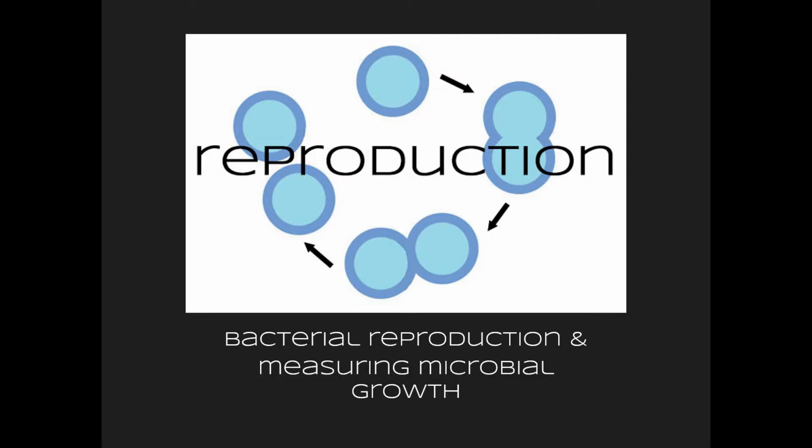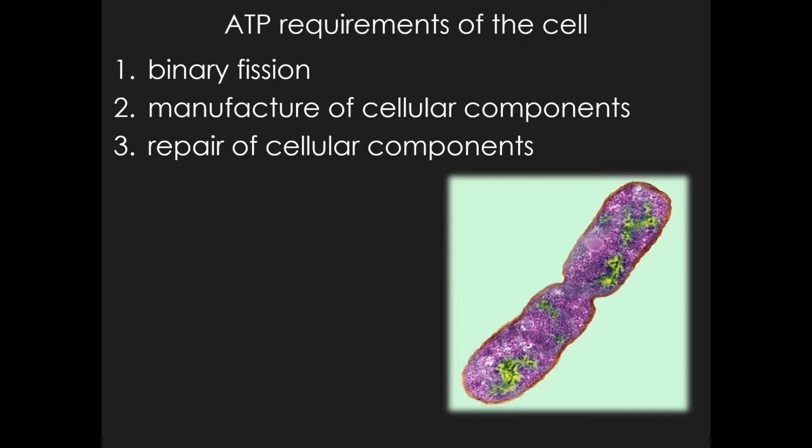talking about just how important all of the catabolic machinery of the cell is in order to allow something like reproduction, which requires a ton of anabolic processes in order to make twice as much of everything inside of the cell, so that when reproduction occurs and the daughter cells are formed, each of those cells has all of the things inside it that it will need to survive and thrive. So basically, the ATP requirements of the cell that we discuss in the metabolism unit are necessary for growth and